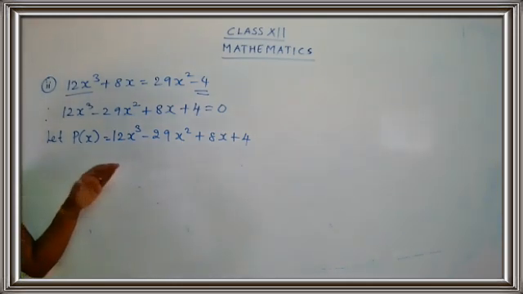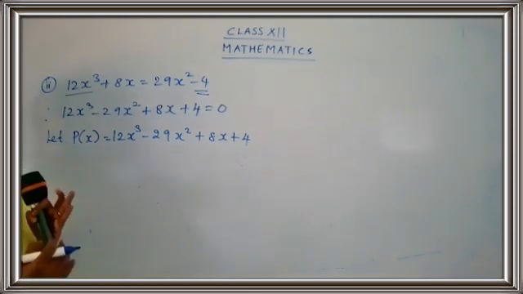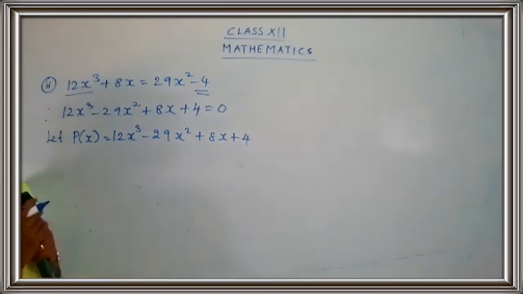This type of sums we have done in our 9th standard, if you just remember. So I'm going to take x as 1, then I have to get the answer as 0. We have to go on choosing values till you get the answer as 0. Once you get the answer as 0, we can stop there and say that particular value is a root of the given equation. So I'll start from 1.